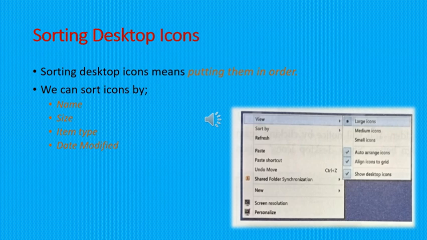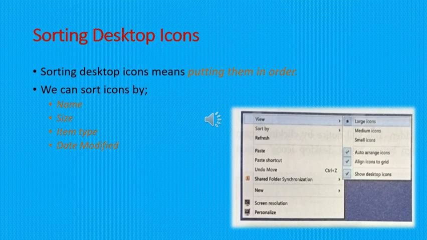To arrange the icons, right click on the desktop. Select the Sort by option, which is followed by name, size, item type and date modified. Choose as per our choice. Thus the icons or the folders of the desktop can be rearranged.